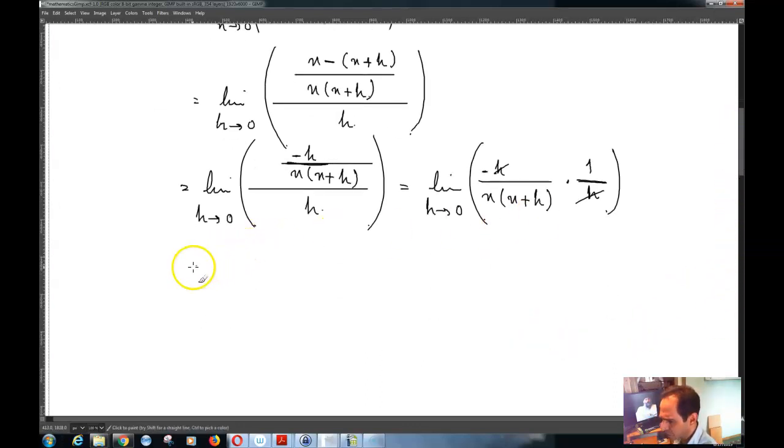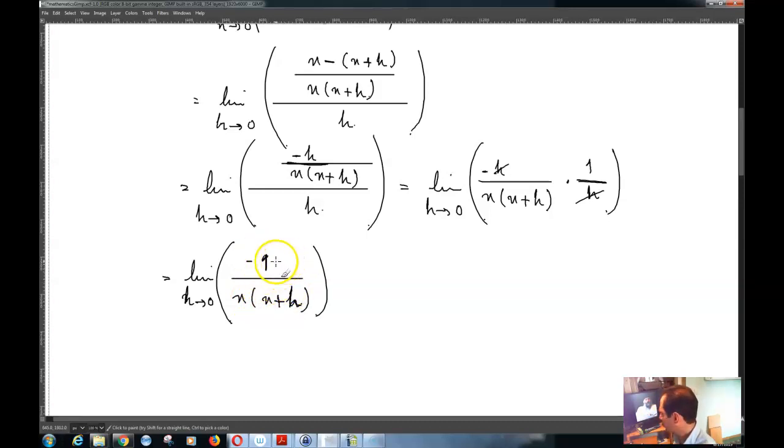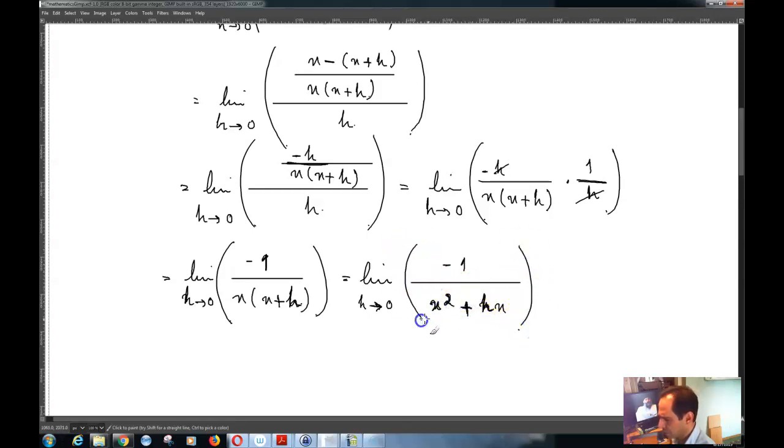You will get the limit of negative 1 over x times x minus x plus h as h tends to 0, and then what you can do, okay, so if I write this as the limit as h tends to 0 of negative 1 over x squared plus hx, okay,